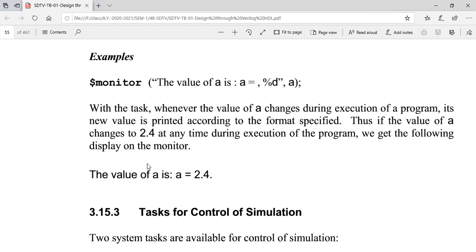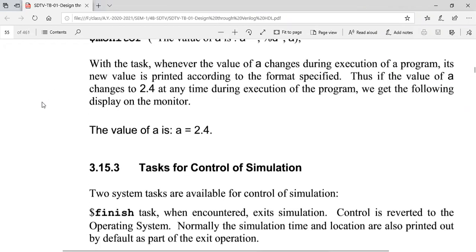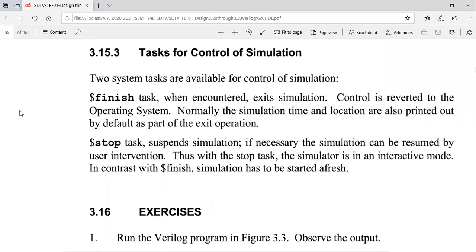When we write A plus plus, that means the A value is continuously varying, right? So every value has to be printed. For that, we write monitor. If you want to print the value of A as 3.4 and close there itself, we can go for display. If you want to print all the values coming for A, we have to go for monitor, right?